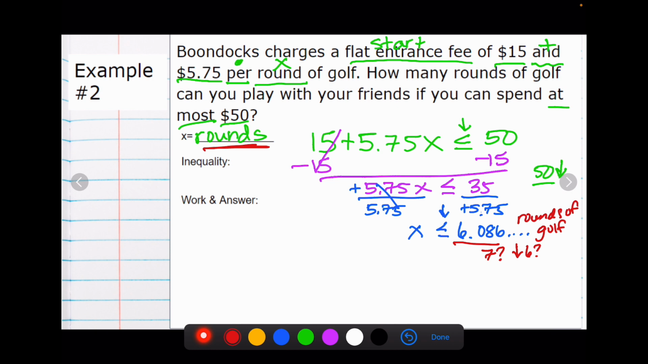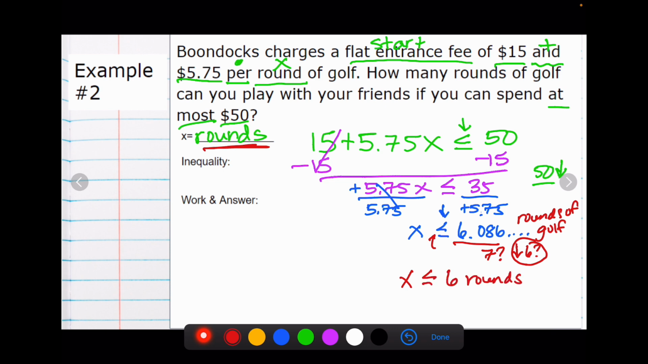Remember, I am on a cap here. My mom has already given me $50. I can't spend more than $50. So our inequality sign is saying less than this. So that's going to be your hint right there. We need to actually round our answer down to 6 rounds of golf. I cannot pay for anything higher than 6 rounds. Yes, one of your friends can give you extra money, but this is based on just the money in your pocket. So x is less than or equal to 6